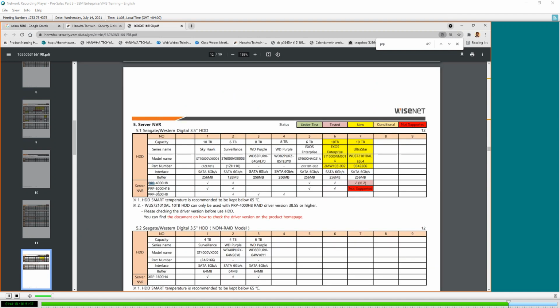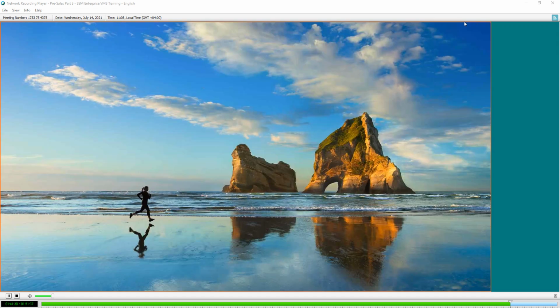You can check here which model is supported. This is PRP 5000. Seagate model number so and so for 10 terabyte is supported. Okay, you can take the price from supplier and add it to the server.